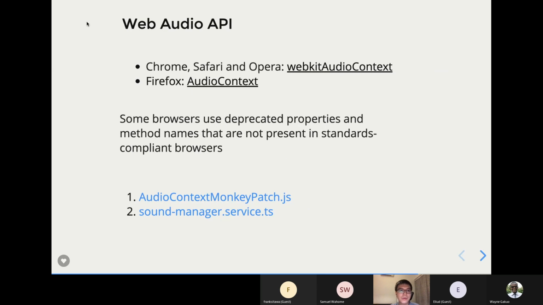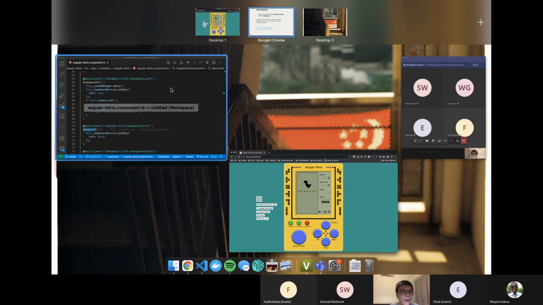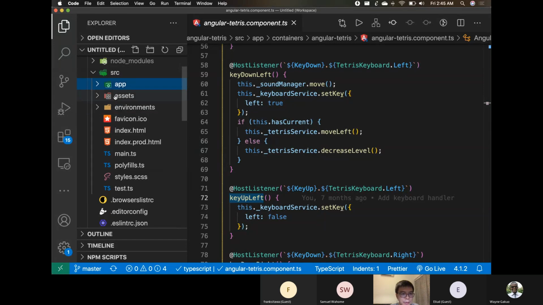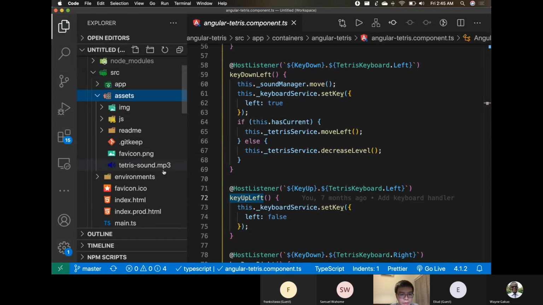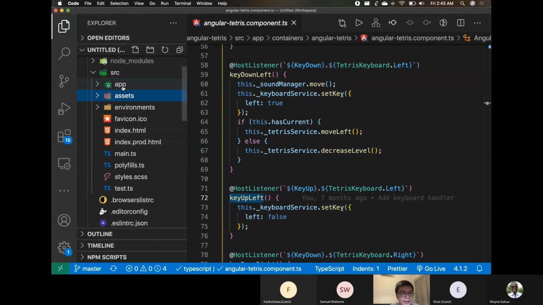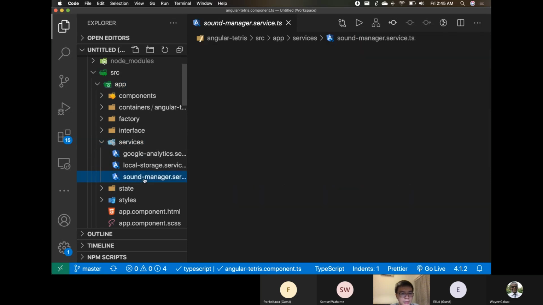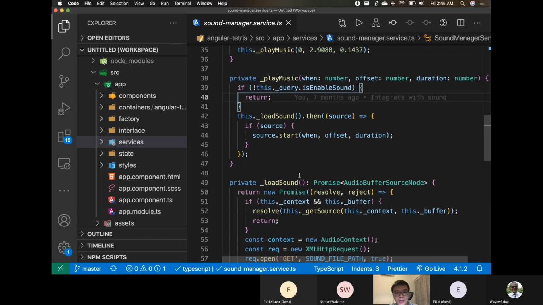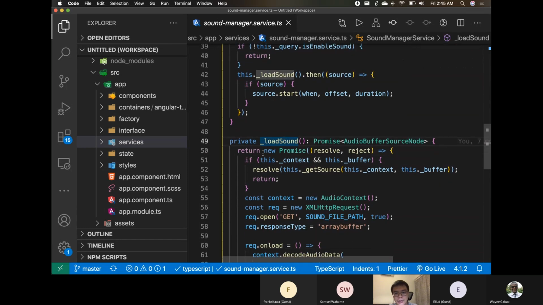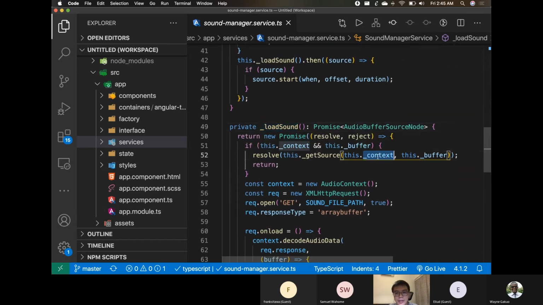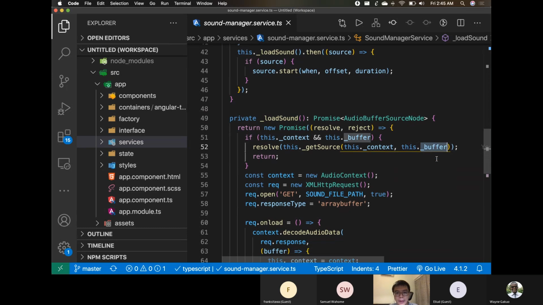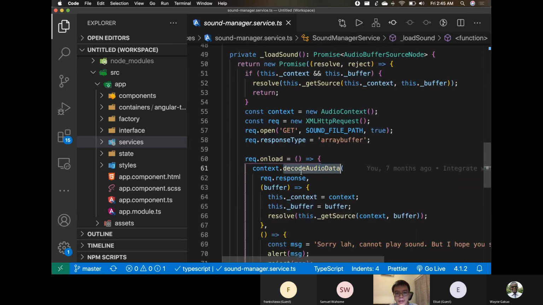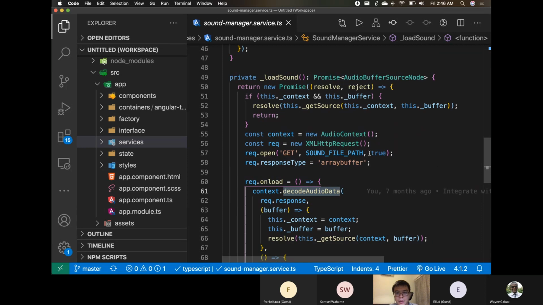And the web audio is also very simple. I just have one small asset file, which is the tetrissound.mp3, and inside the code there's only one single service to do it. So basically you just need to load the file, and then you store the context and the buffer somewhere. Yeah, here, so I can decode the audio data when I load the file,